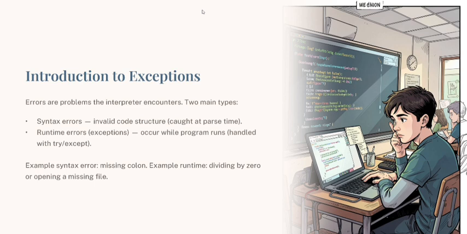Talking about syntax errors: a syntax error occurs when the code structure is incorrect. These errors happen before the program starts running. For example, a missing colon gives a syntax error. Runtime errors occur while the program is running. Examples: dividing by zero, opening a missing file, invalid conversion. So this code is